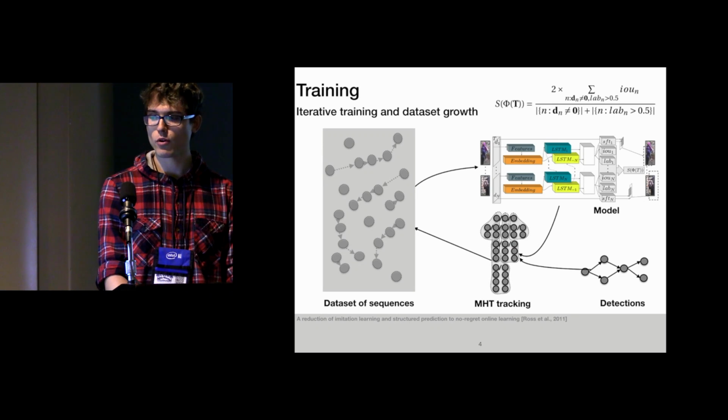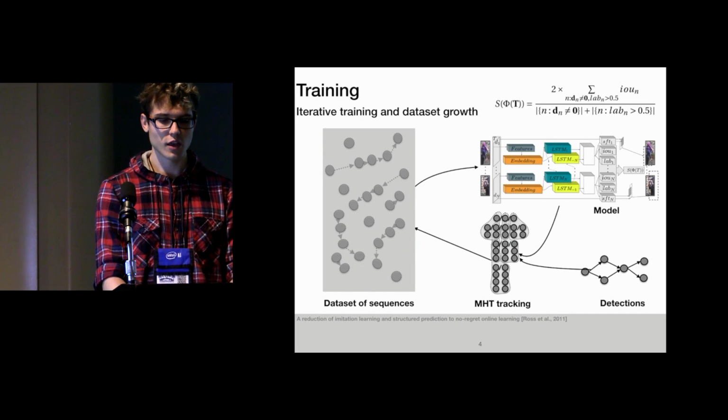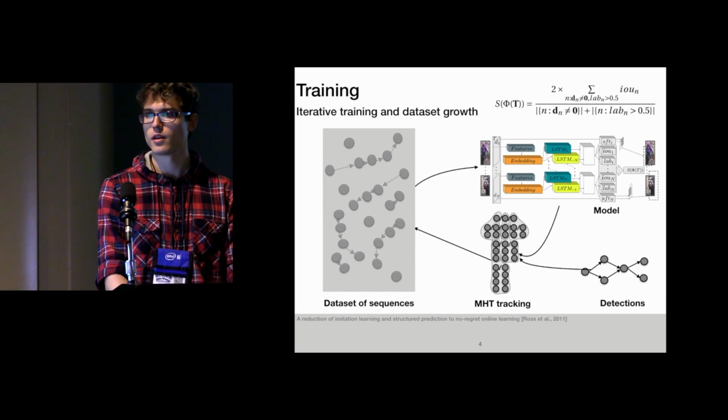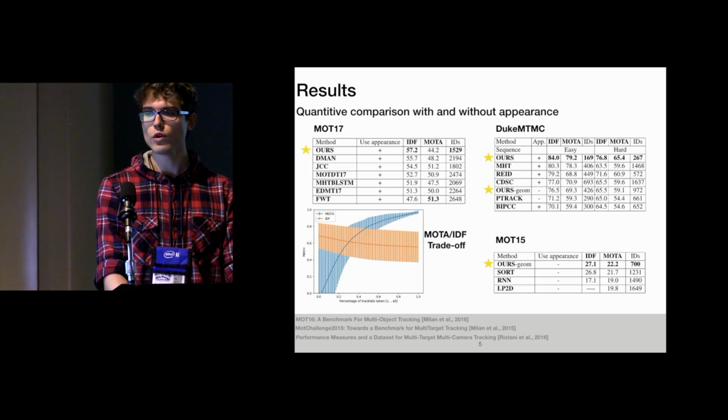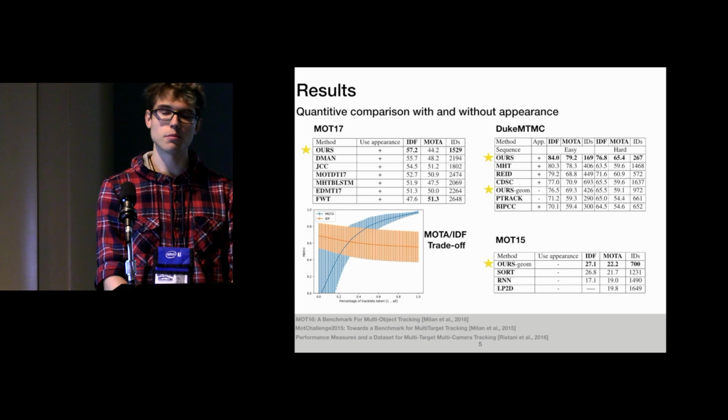And the good thing about multiple hypothesis tracking in this case is that all we need is just the comparison between 2 sequences, which one is better, which is exactly what our model provides. So given those 2 components, our metric and how we train it, what are the actual results? Well, we have 2 versions of our model, one that uses appearance features and one that uses purely geometric features, that is coordinates of the bounding boxes.